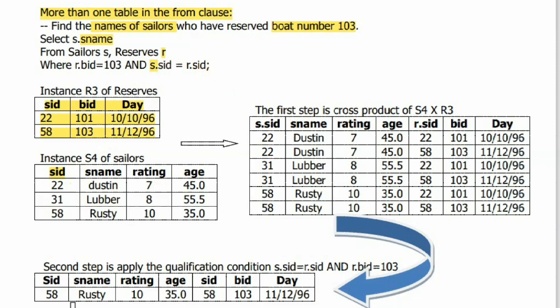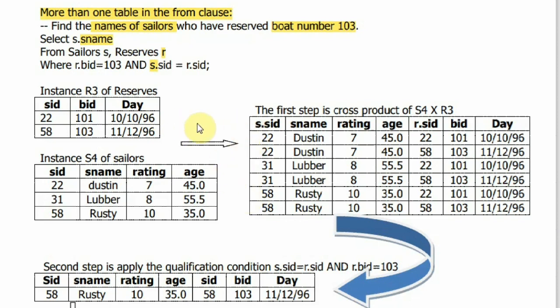Now let me show you how this is evaluated. If I take more tuples, it will be very difficult for you to understand. So I have just taken an instance of the reserves table and the sailors table with only a few rows, because the cross product will also be easy for you to understand. Say I am having the reserves table with only 2 entries and the sailors table with only 3 entries.